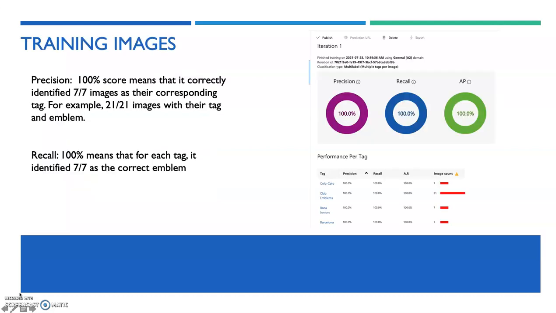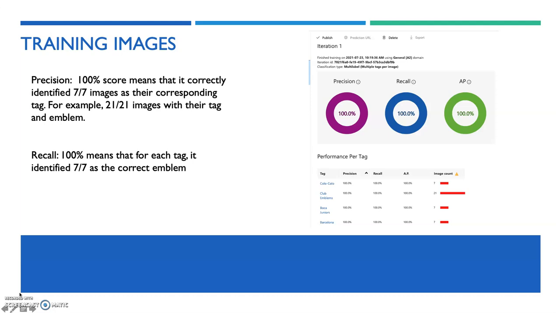Training my images. So here I have 100 for all of them. And I'll show in the next slide because I found that a little bit fishy, but anyways, 100 score precision. 100 score means that it correctly identified 7 out of 7 images for every single tag. So out of the 3 teams, 7 images each, 21 images. 21 out of 21 were